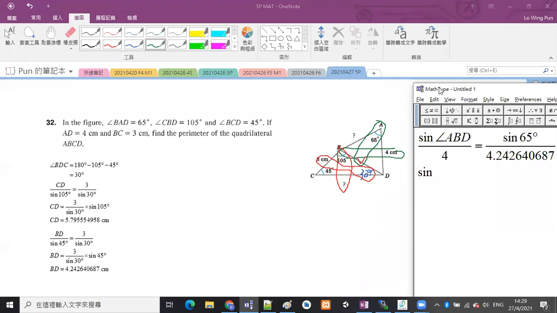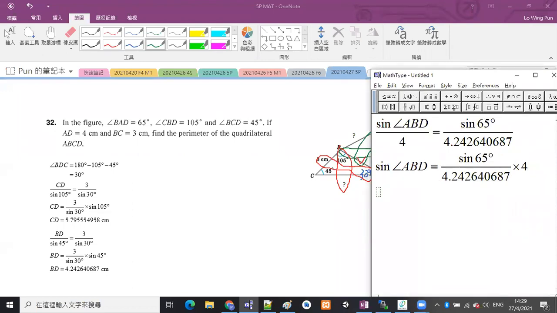Okay, so sine angle ABD is equal to sine 65 degrees over this number, and then times 4. And then using the calculator and shift sine, the number on the right-hand side, sine 65 degrees divided by that number and then times 4 and then shift sine, should be